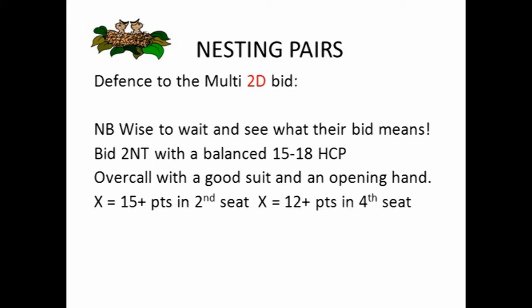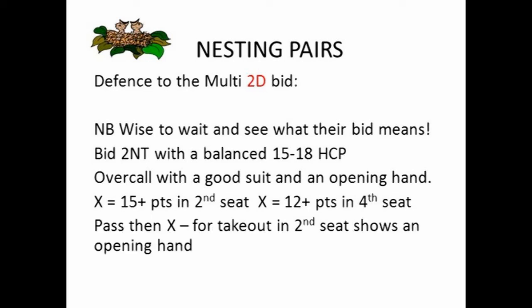If you double immediately after the 2 diamond bid, you are showing 15 plus high card points. When you are in 4th seat, you may not have 15 points, but want to take some action in case you are passed out with a weak 2 in hearts. So put in your double in 4th seat with just opening points. In 2nd seat, if you pass initially, knowing that you're going to get a rebid, and then double, you're showing